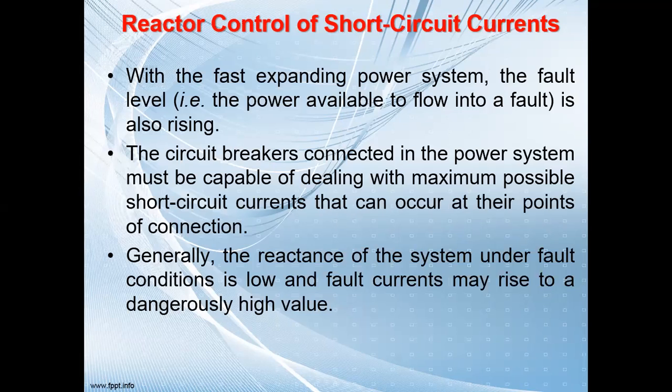So when, let us say, you have a circuit breaker connected into the system, the normally rated current of that particular breaker is, let us say, 1000 ampere. Now the load is increased and the fault level of the system increases, and due to that the system will have some more current during the fault. So let us say it is 1500 ampere. Now should we go for change of the circuit breaker? Obviously not, because a circuit breaker is a very, very costly equipment.